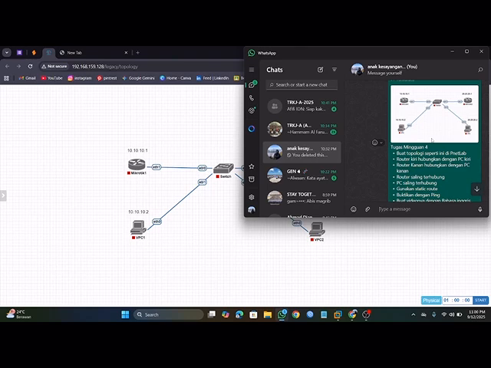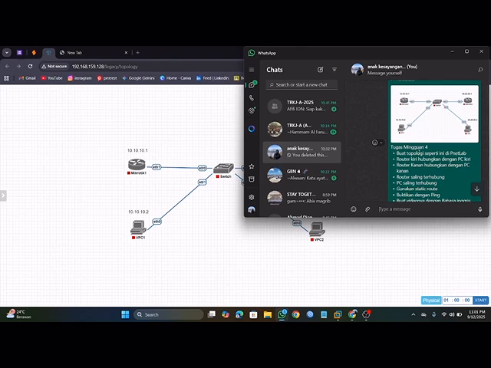The instructions are to create a topology like this. Then connect the left router to the left PC and the right router to the right PC, and make sure all of them are connected to each other.